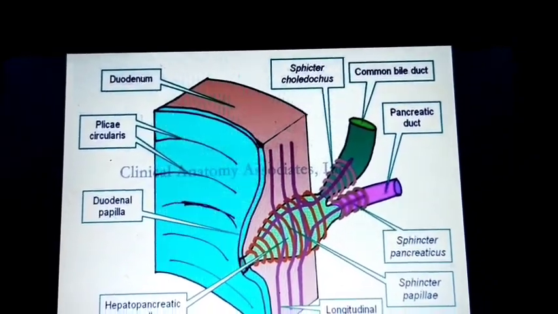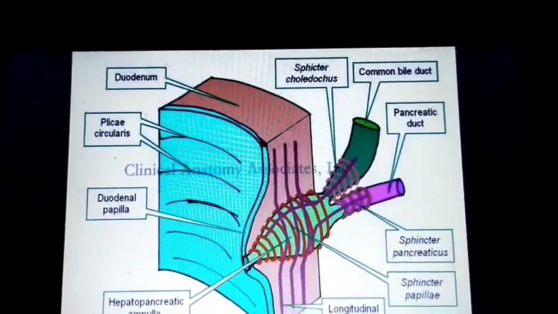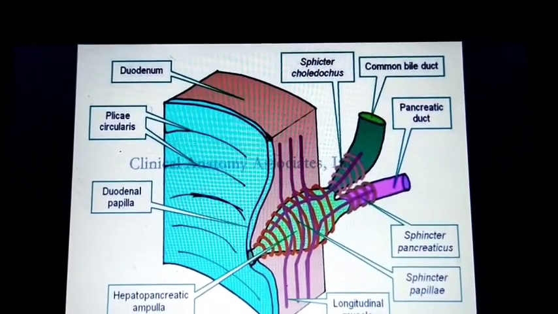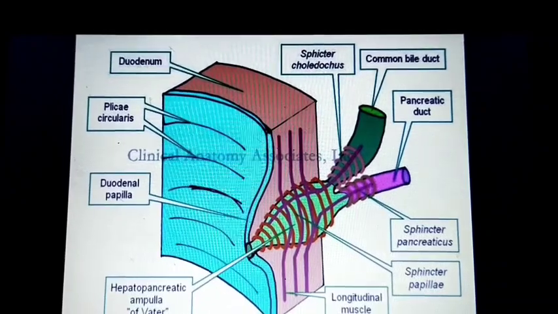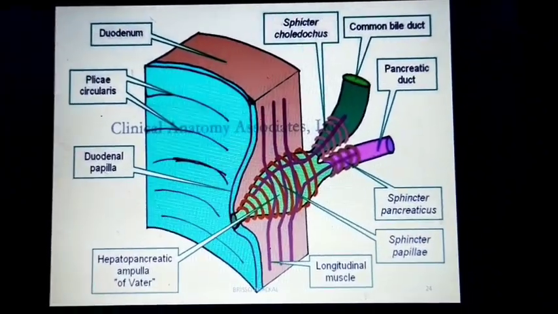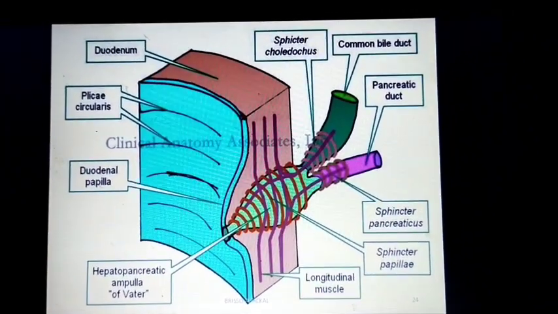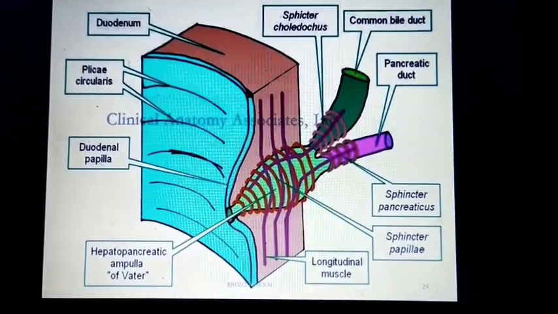Acute cholecystitis can lead to gangrene of the gallbladder and perforation of the gallbladder. Then congenital anomalies of the biliary tree, including choledochal cysts. This was, in short, about the biliary tree.